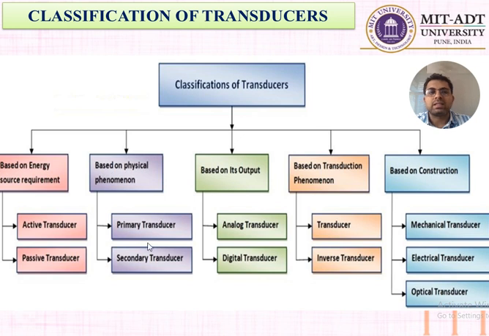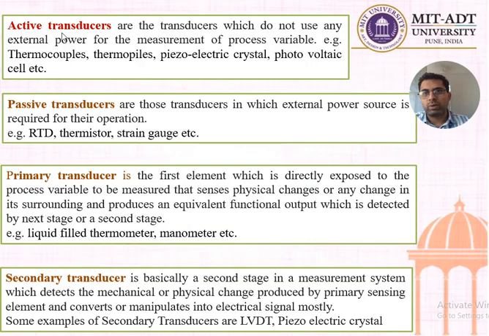Now we will see one by one the definition and example of each transducer. These words, active, passive, primary, secondary, analog, digital, indicate the definition of that particular transducer. Now, what is an active transducer? Active transducers are the transducers which do